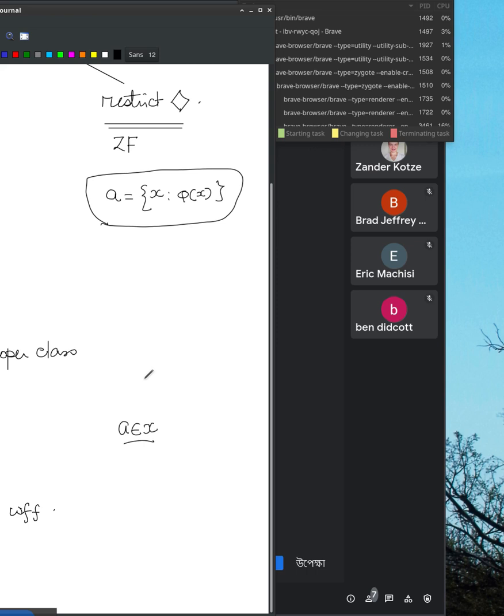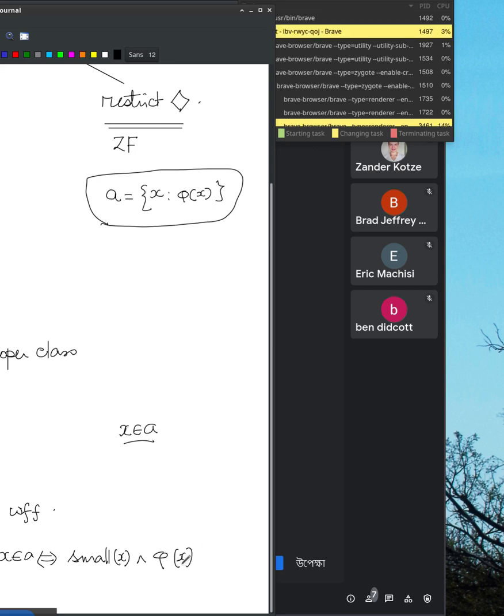And I have said if I have any two formulae, or the other way around, X belongs to A, any two formulae can be connected by these logical connectives. So this is also a well-formed formula, right? Yes. Now over here in this well-formed formula, both X and A are free variables,